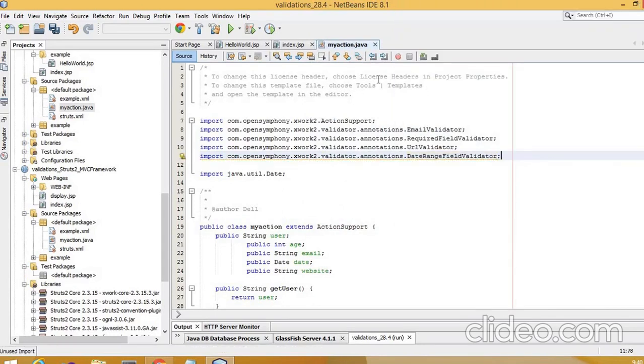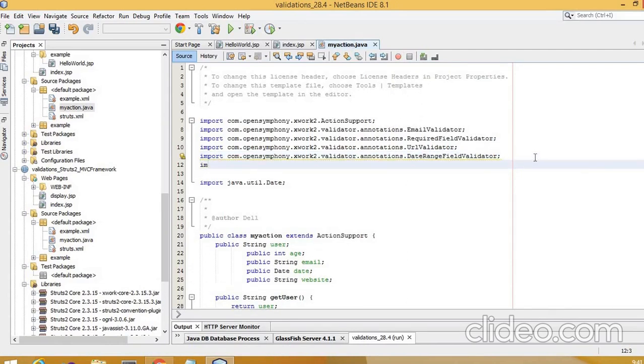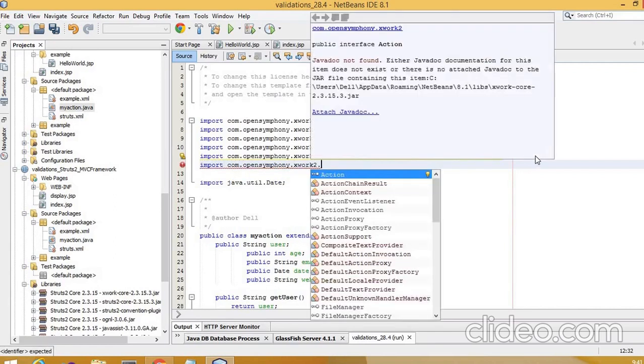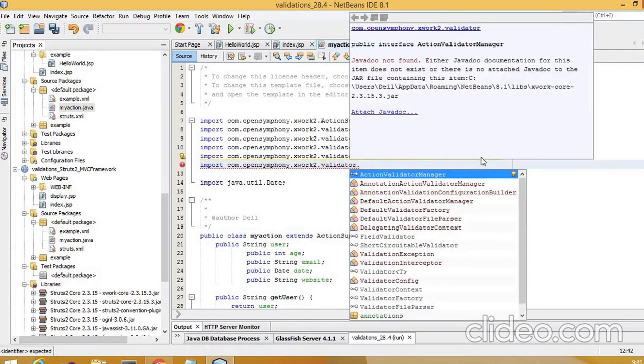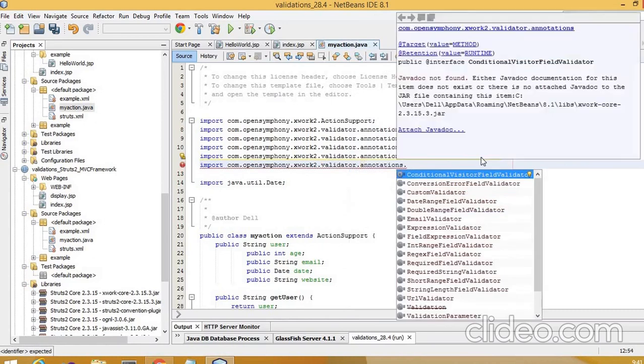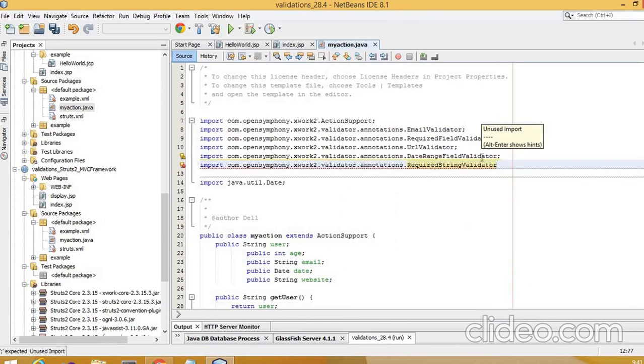Even you can give the date range field validator over there, as well as we can add a required string validator import. I'll just add the required string validator here.